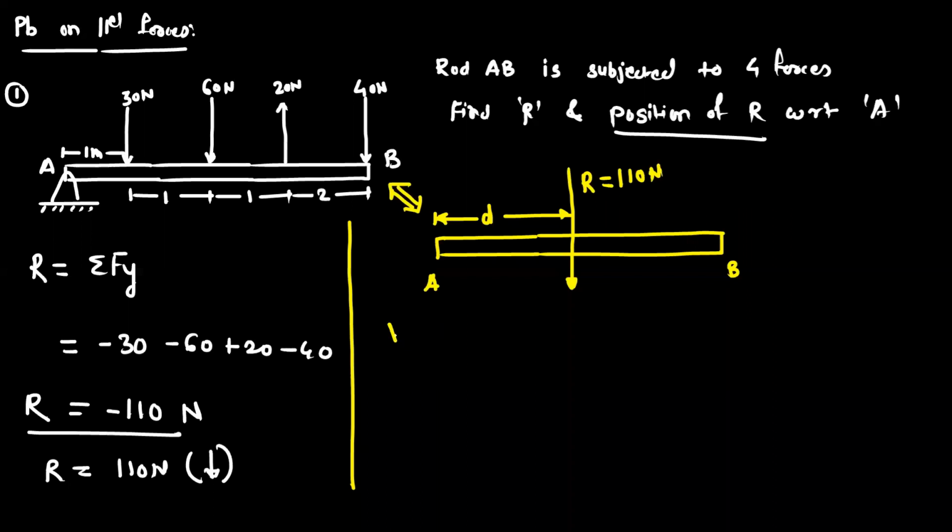So what is the Varignon's theorem? Just write the equation: summation of moment by all the forces about any point. So in the problem, we want the position with respect to A. So take here A, this is equal to moment by resultant about the point A. Okay. Now observe the left hand side. So for the left hand side, we have to take the moment by each force. First is 30 Newton. About A, its moment